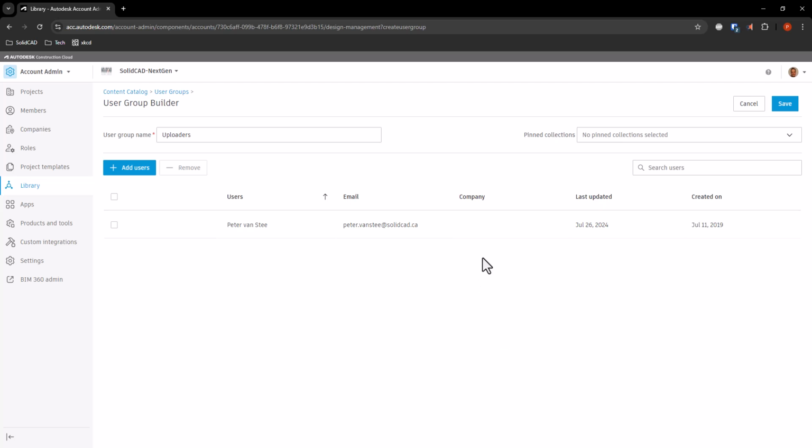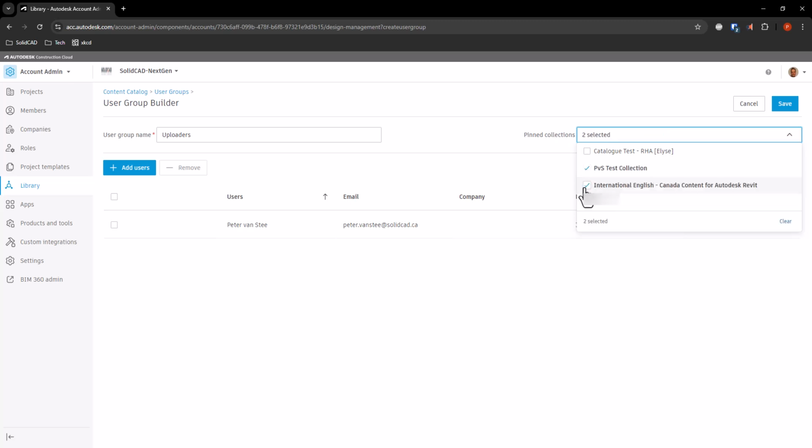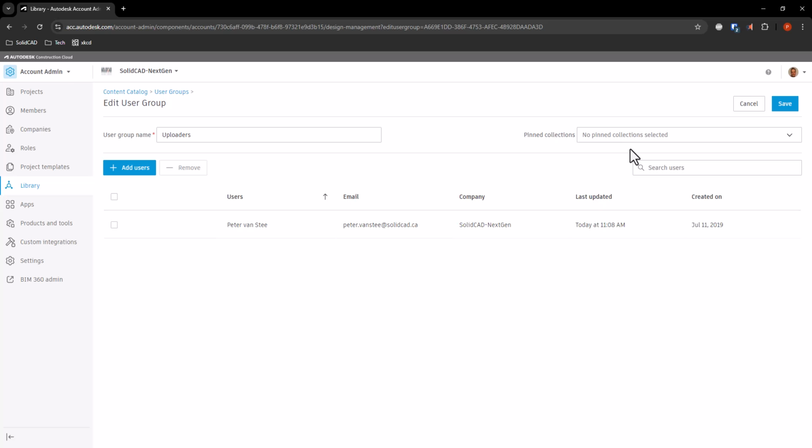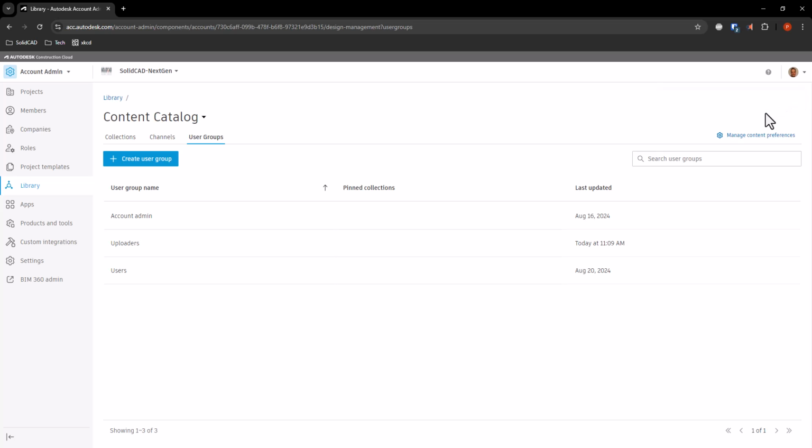We can also take a look at the pinned collections in the top right corner. This will allow us to always have access to those collections. These pinned collections are completely optional and are not required. From here, we can choose Save. And then coming back to our collections,